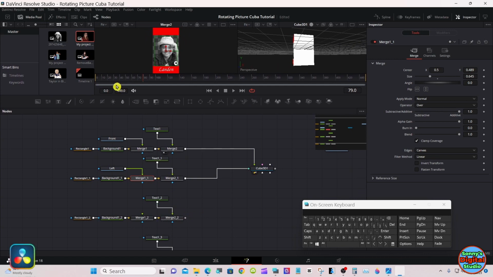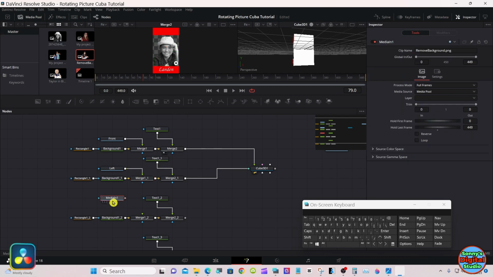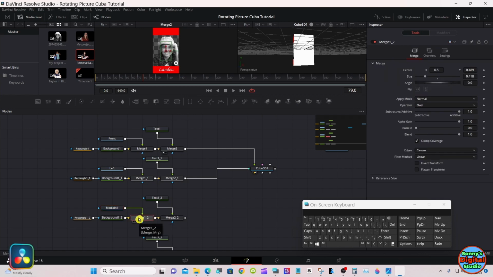Bring another picture down, and select that merge.